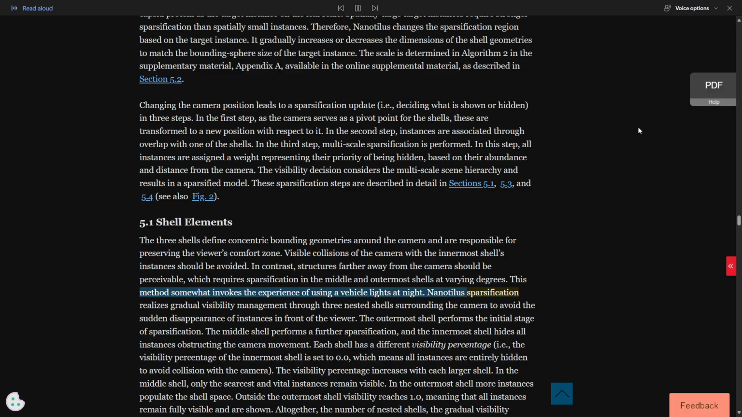Nanotilus sparsification realizes gradual visibility management through 3 nested shells surrounding the camera to avoid the sudden disappearance of instances in front of the viewer. The outermost shell performs the initial stage of sparsification. The middle shell performs a further sparsification, and the innermost shell hides all instances obstructing the camera movement. Each shell has a different visibility percentage,